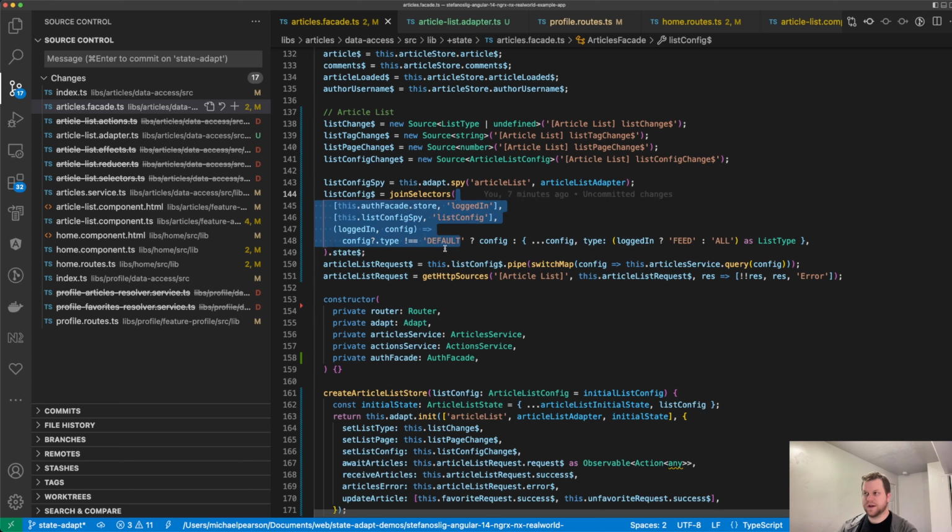It's a selector that's grabbing from 2 different stores, and if it's default, then keep it. If not, do this extra logic. With this other thing, we're emitting something new. So we need